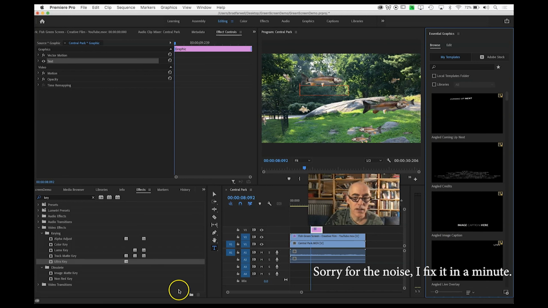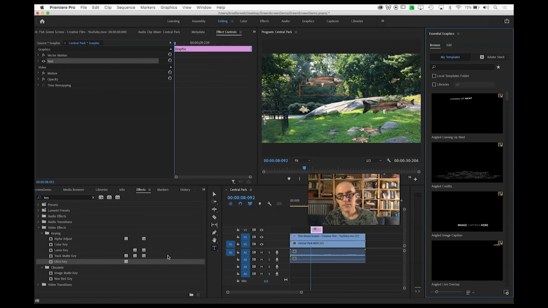This is a very loud whirring noise my fan is making. I'm going to pause this for a moment and see if I can stop that. Well, got it to reduce a little bit. Anyway,